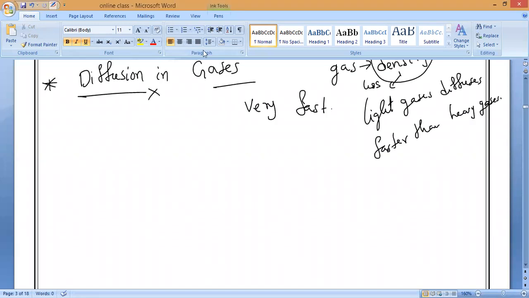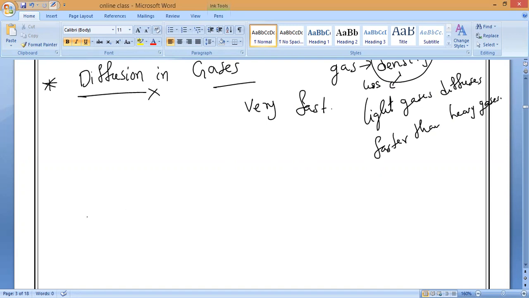So if you take here, whatever it is, your mother will prepare some varieties in the kitchen. Definitely, you will get the smell throughout your house. Even some houses, if you are walking in front of their house, you'll get the smell. Yes or no, ready? Yes, sir. That is how it is happening.